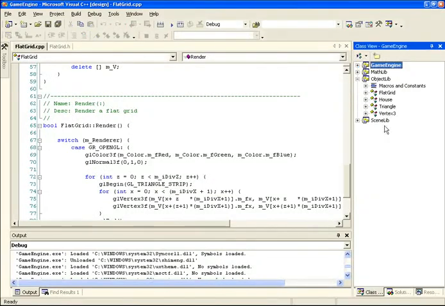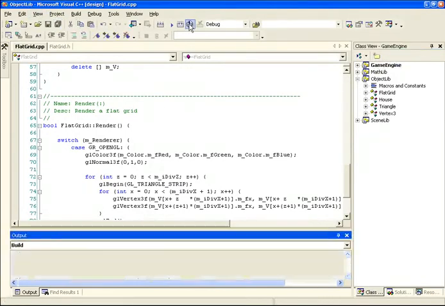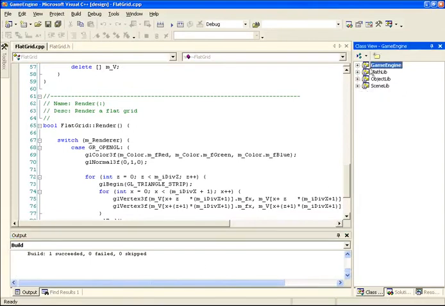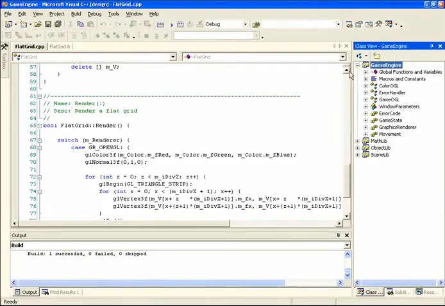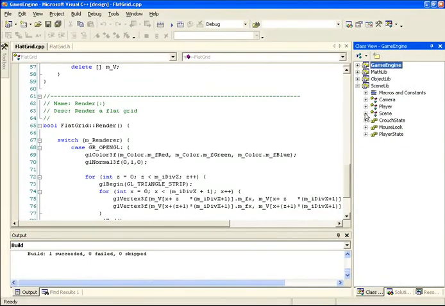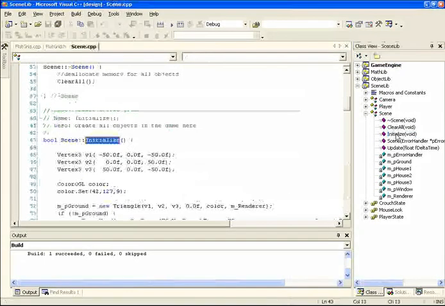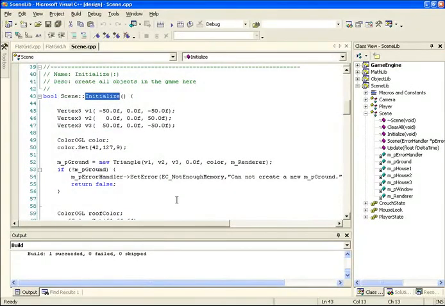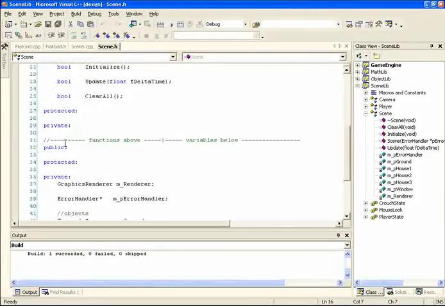To do that, we should compile this, make sure I didn't make any mistakes. Okay, that's okay. Let's go into the game engine. Or no, I moved it now. It's in the scene. And under initialize, let's initialize a pointer to that flat grid. In a .h file, we'll need to